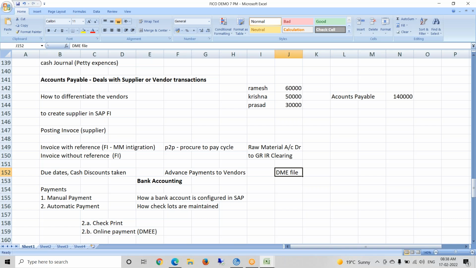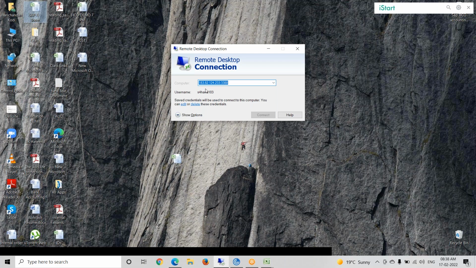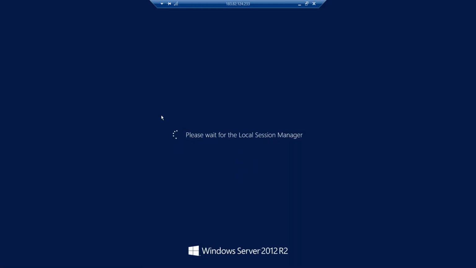Based on that file, the banker will generate payments to the vendors. After generating the payments, they will send a bank account statement to the SAP system, and through an interface this file will be received by the system automatically, and the bank reconciliation process will also be generated automatically, and for that we have a file. So where is that file? We have several formats of files. That file we have to analyze once again.